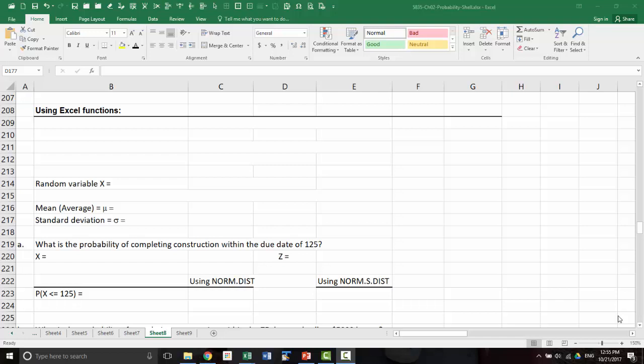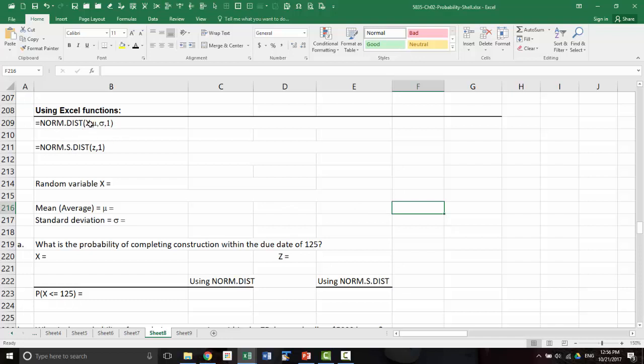So far we've been using the standard normal table from the textbook to find probabilities. But Excel gives you four different functions, well, two different functions for probability. There are totally four functions, but we will come to the other two in a little bit. There are two functions that are available in Excel that can be used to find probabilities. And that's this